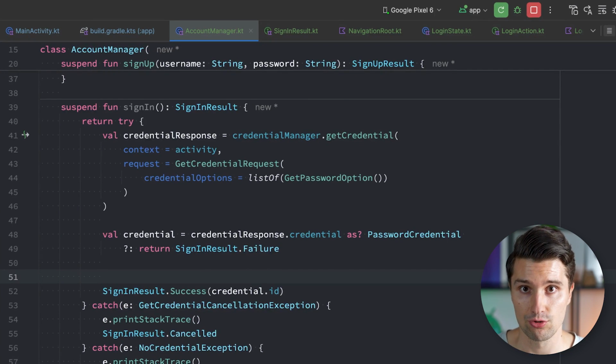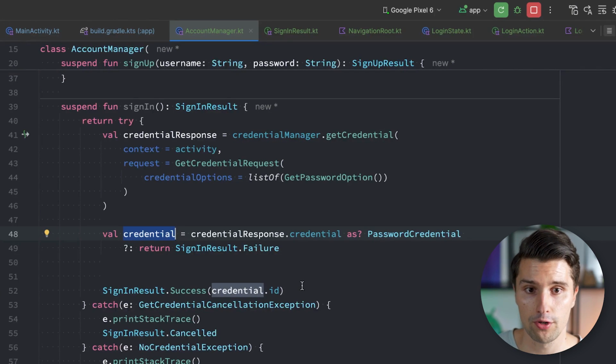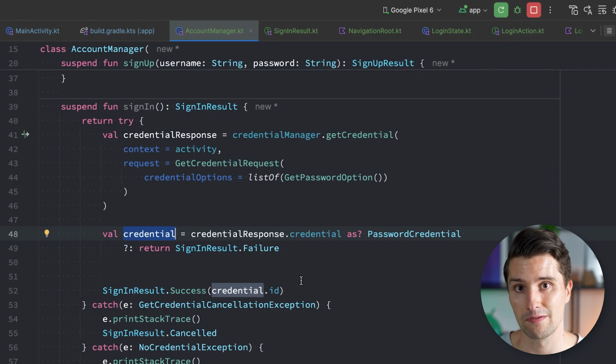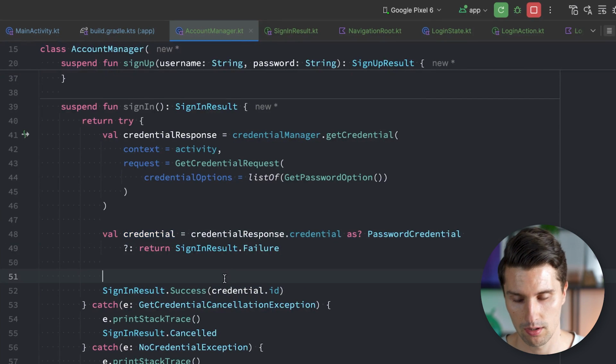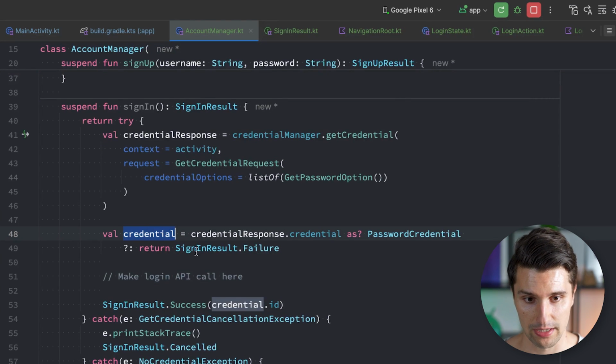What you would, of course, need to do now in your real app, if the user wants to proceed with this saved credential, is make an API call to your API to log in with these credentials. So Google Credential Manager can, of course, not log in for you. It can just give you the already saved credentials, which you can then take in your app and make the login API call here with these credentials, so with